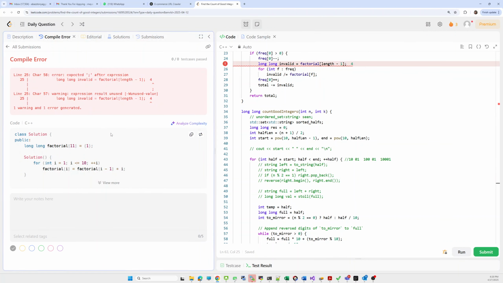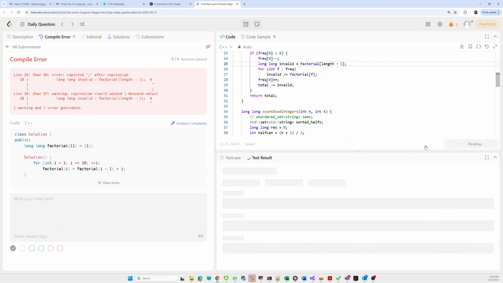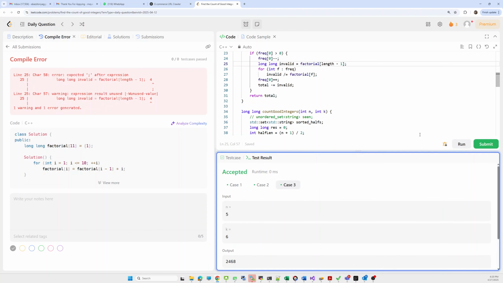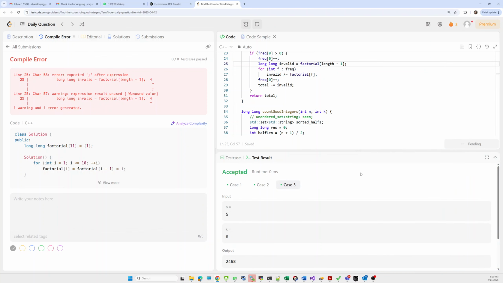It's showing some error. What error did I make? In line 25 I appended this 4 value by mistake. Fine, I removed it. So let's submit and check the current position.